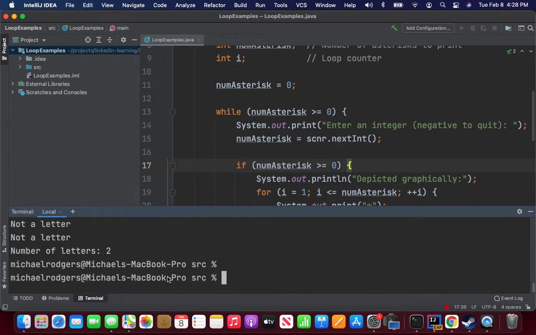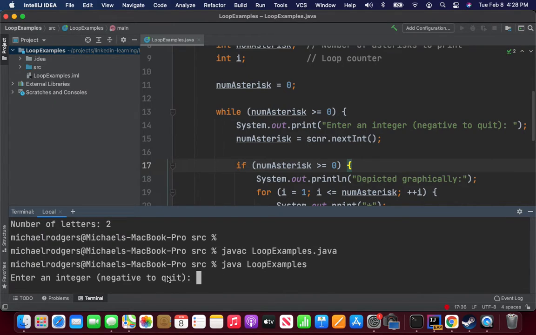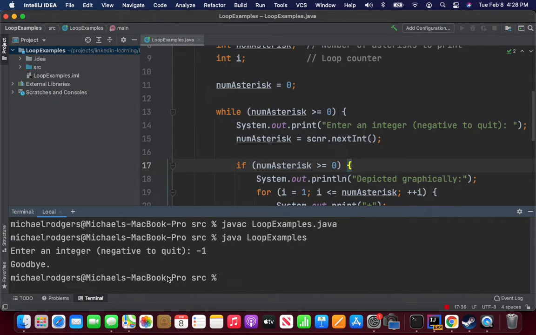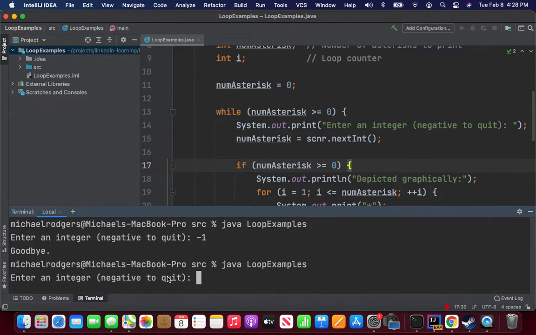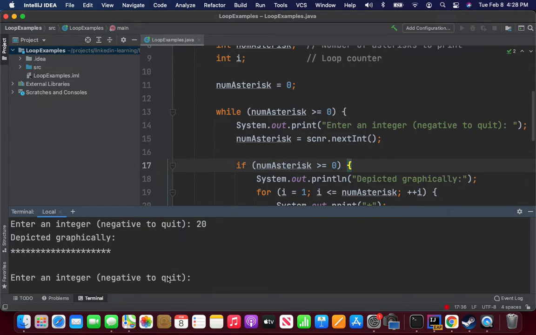So we'll compile it. Enter an integer, okay? Negative to quit. So let's say 1, okay? It quits. Let's run it again. Let's enter 20. So it has counted out the number of asterisks and it's printed it. Now,